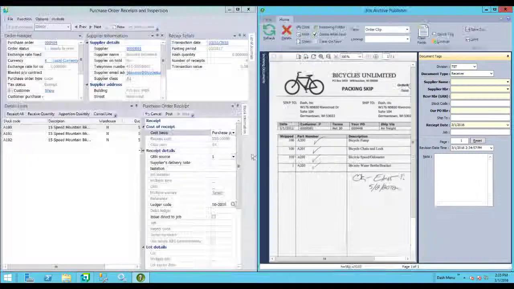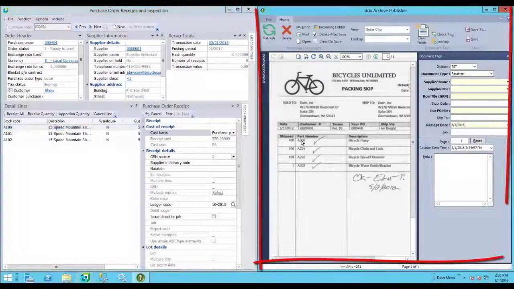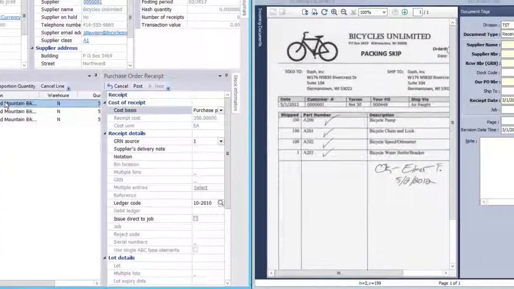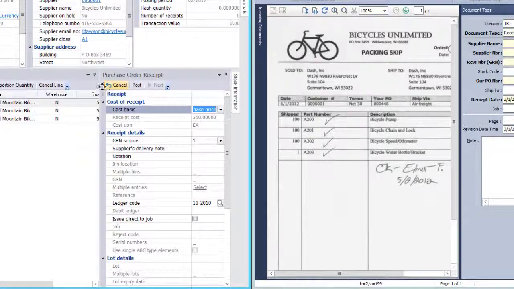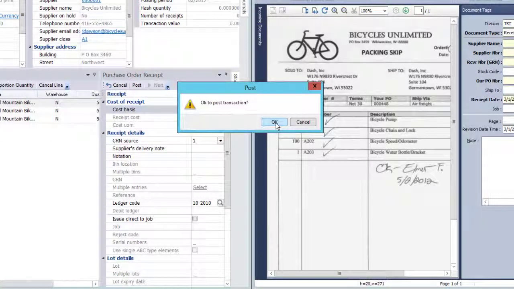Let's move that off to the side so I can see it along with PO receipts. In the spirit of paperless, I can see my receiving documents at the right. Instead of looking at a piece of paper for the source of my information, I can look there. Then I can go to the left to my PO receipts, make my entries as needed, save all that information. Once it's saved,